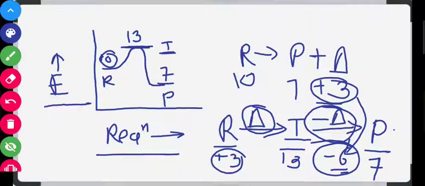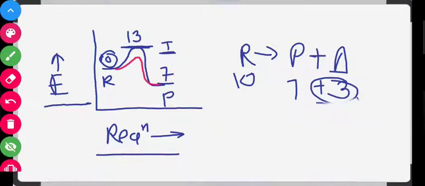Now if we add a catalyst in this system, what will be the change in the graph? So with a catalyst our graph will be something like this. This red line indicates the reaction direction with catalyst. As we can see, with catalyst the energy requirement decreases. Initially we had to add 13 points of energy. Now let us say we need to add 1 point of energy. So total energy for the new intermediate is, let us say, 11 points.